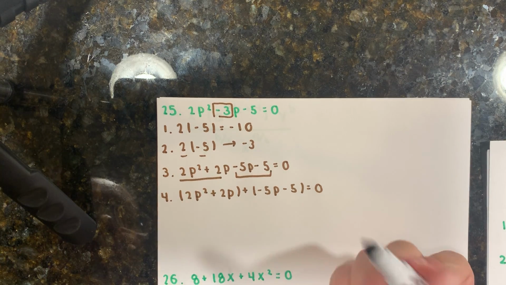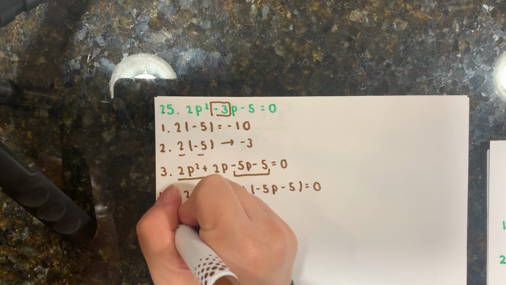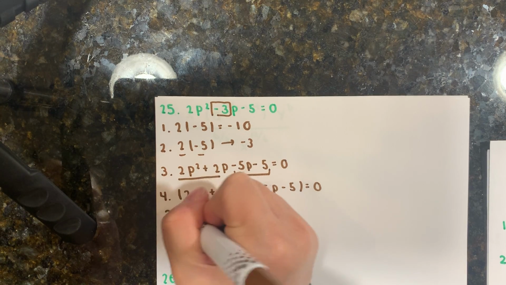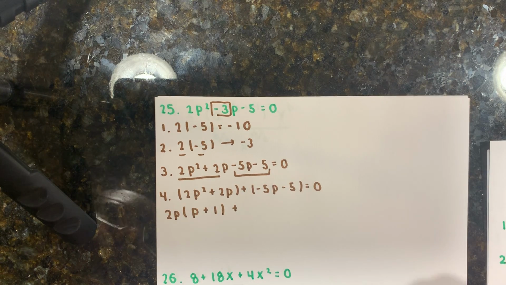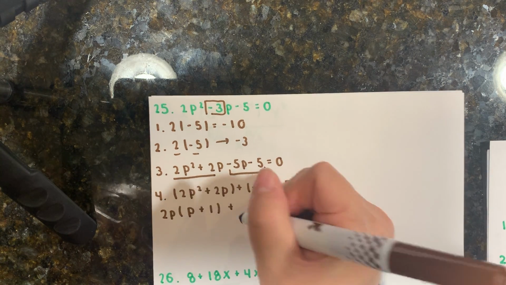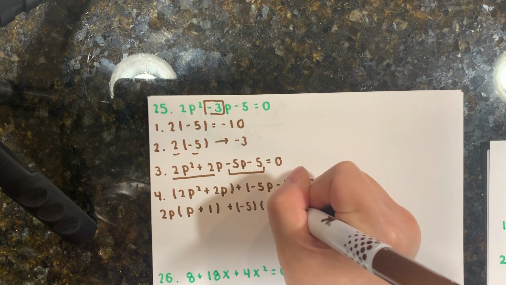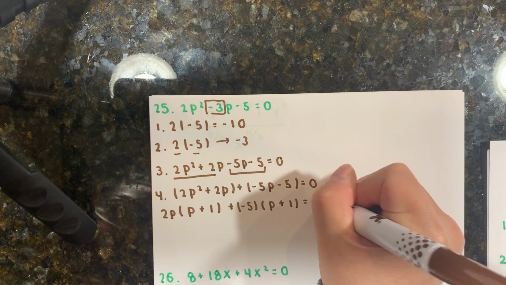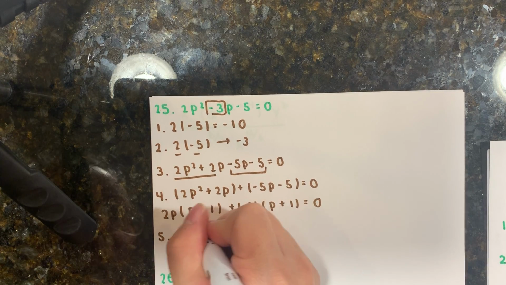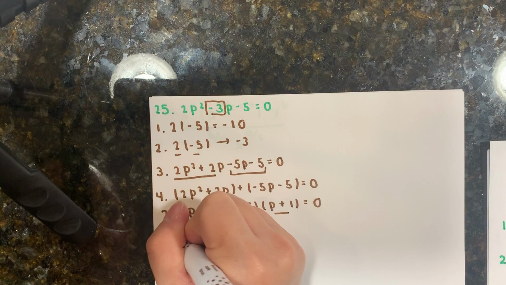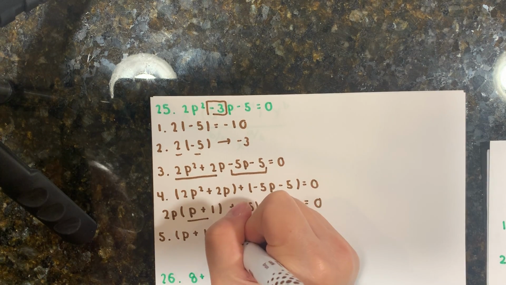Notice that between these two terms, there's a 2 and a p that could come out. So that would leave me with p plus 1. In my second parenthesis, notice that there's a negative 5. That could come out, so that would leave me with p plus 1. So step 5 is to factor out that p plus 1. So I have p plus 1, and then in parentheses, I would have 2p